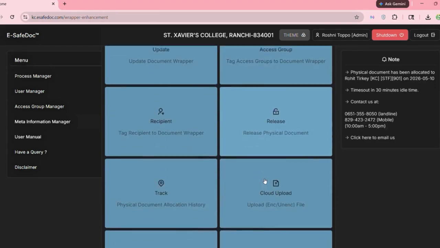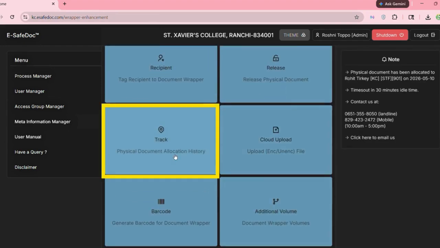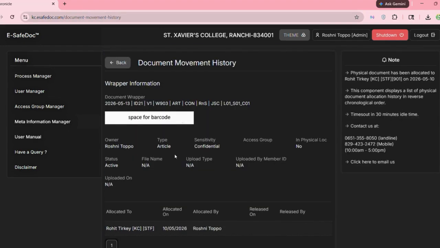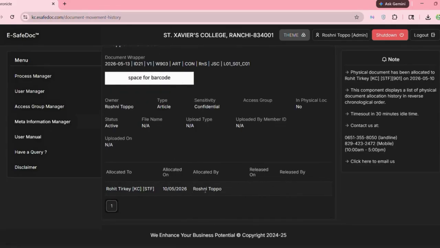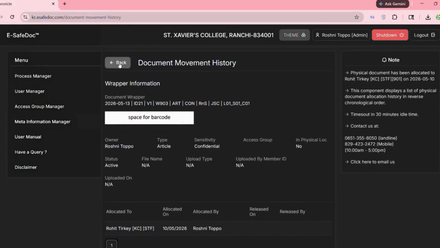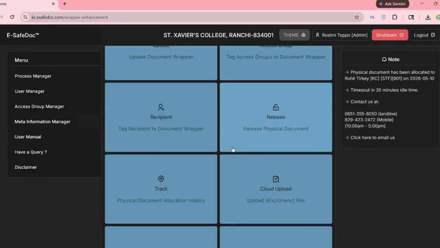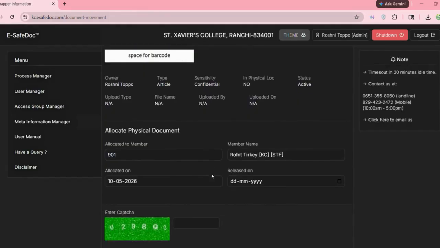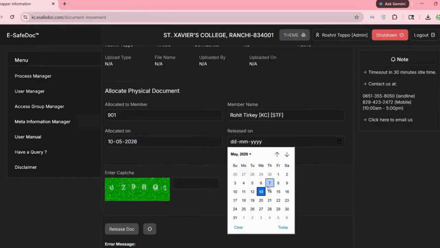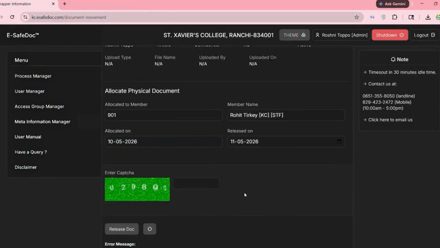We can also track the document. This immediately creates a full chain of custody, so you see exactly where it has been and who has held it. You also get an option to release the physical document. You simply have to put the release date and the document will be released.